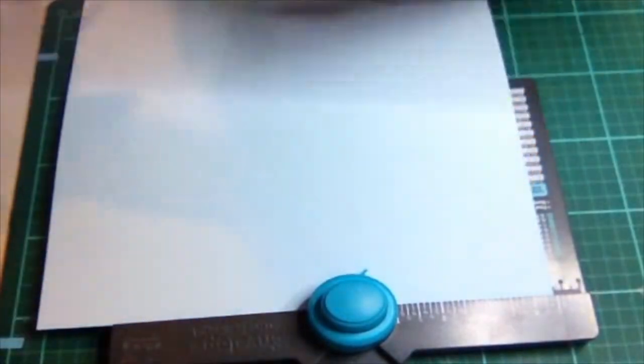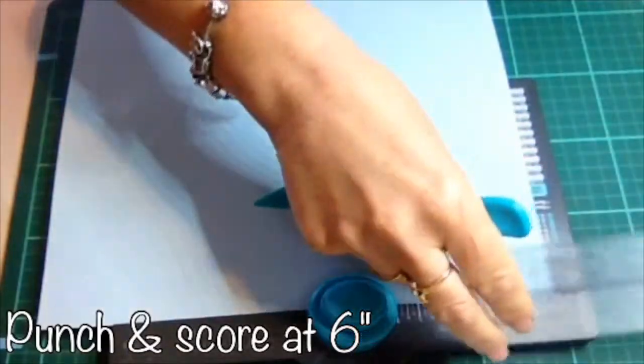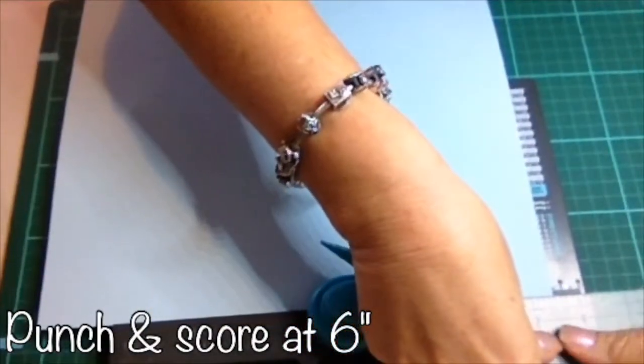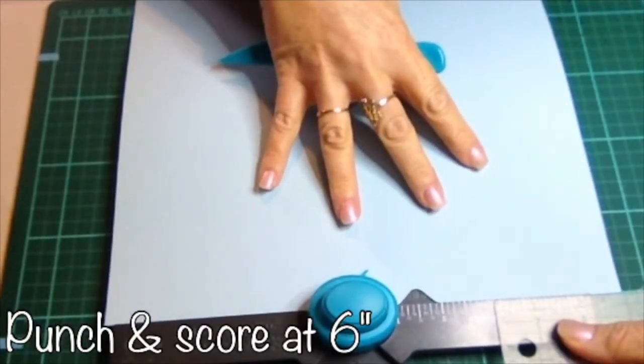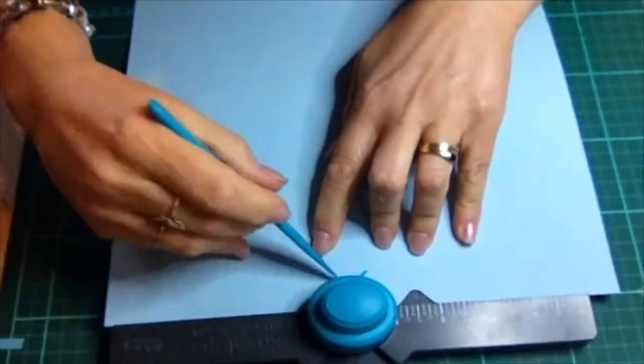And then we need to move it along to 6 inches. Now our board doesn't go to 6 inches, so what I'm doing is I'm just going to place my ruler there, slide along so that it's an extra inch, so that's 6 inches, and again punch